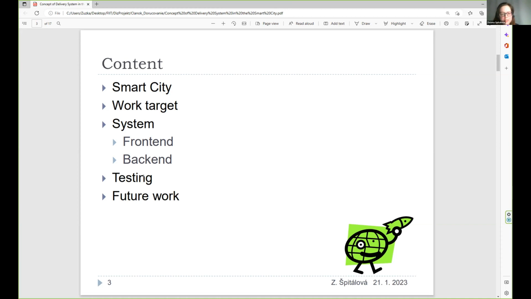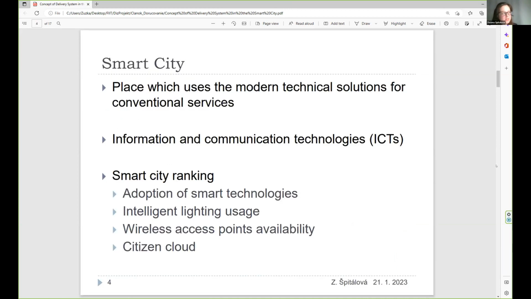Then there is a testing part which was done with our system, and after that I would like to mention some brief plans for the future work which we would like to do with this designed system. So I can start with the smart city environment.